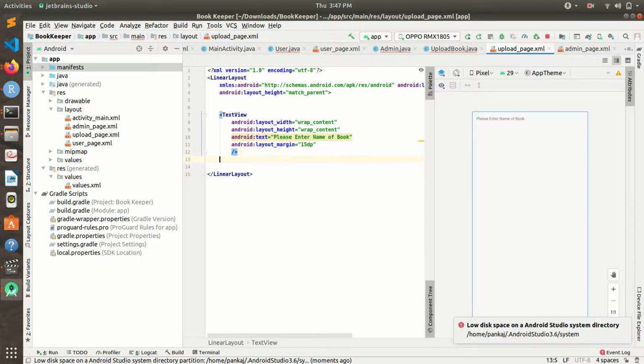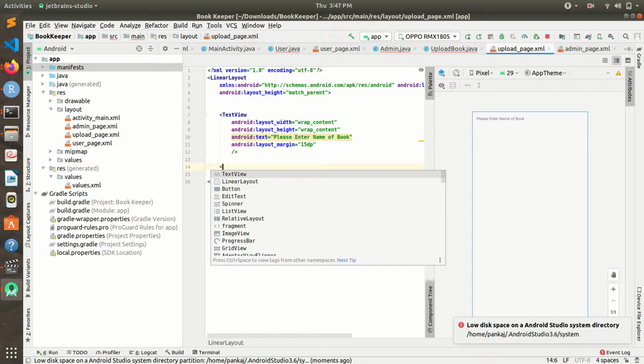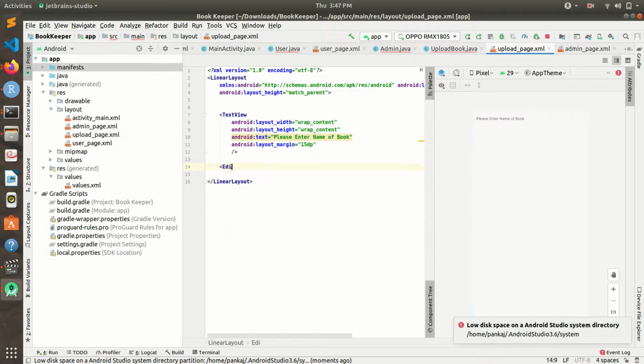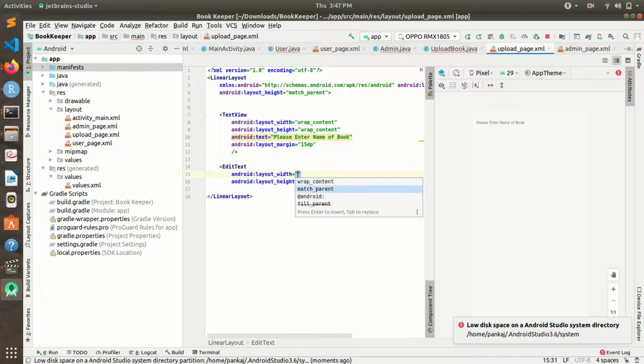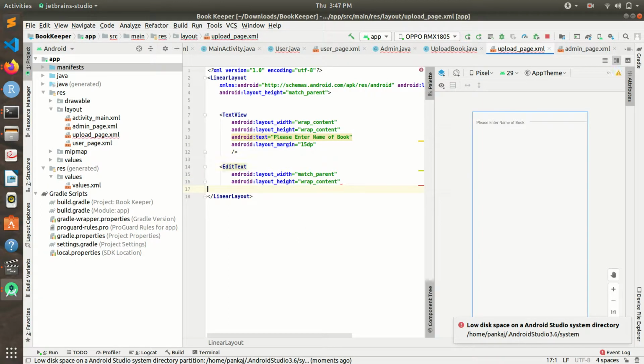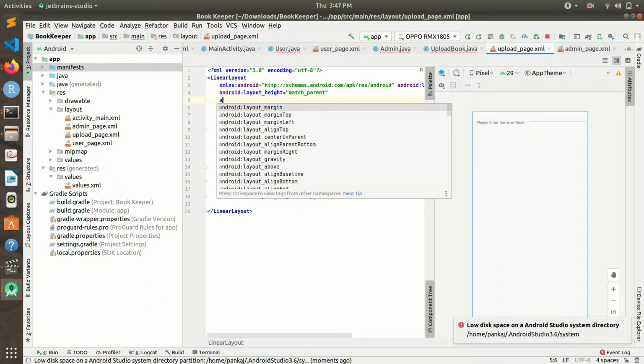Okay, so after that next the admin will take input of the text. So we will put width as match parent, and height as wrap content. It is showing orientation is horizontal, so we'll make it vertical.